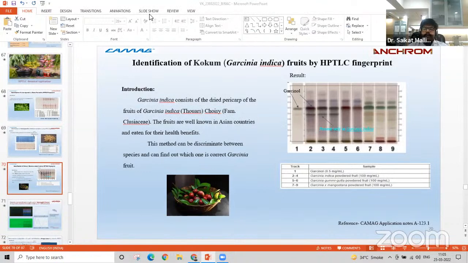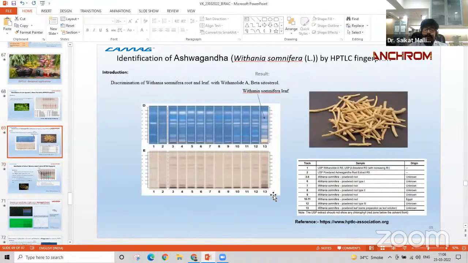Now the biggest advantage of HPTLC is that you see 100% of the sample, so you know that some compounds are there at the bottom, some have gone up. So in this case, it is a good method for garcinol, but if you want a fingerprint, it may or may not be a good method, because I am not seeing other compounds which may be of interest, which are totally unknown. So in that case, I can change the mobile phase and develop again.